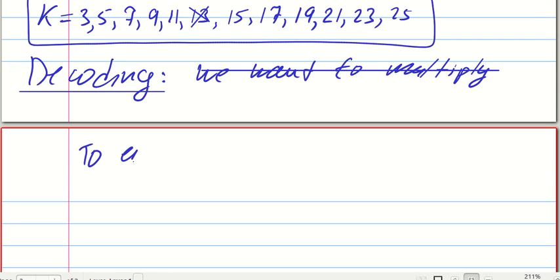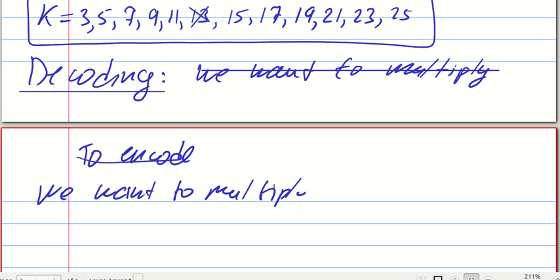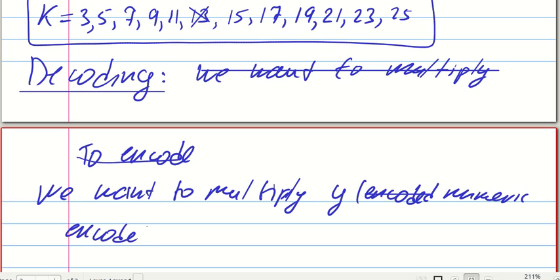So to decode, we want to multiply y, which is the encoded numeric value of a letter,